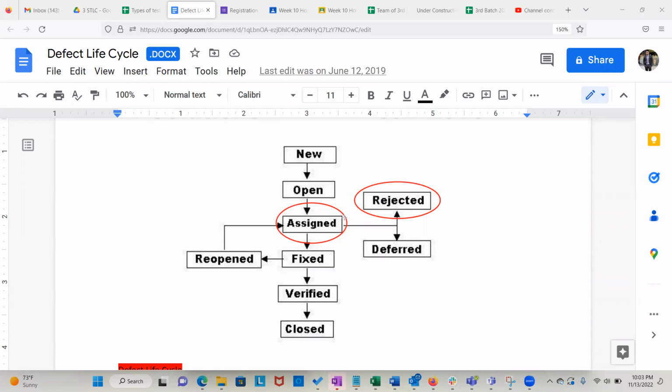And dev will say, hey, it's fine, you logged it, but this is what you're supposed to do, or things like that. Fine, so that's one rejection. And if they're able to provide you enough evidence about that rejection, and it makes sense to you, you accept it, close it and move on. But if you still feel it's a bug and they're not agreeing with you and not understanding why you think it's a bug, now you need to talk to them, right? And how do you talk to them?